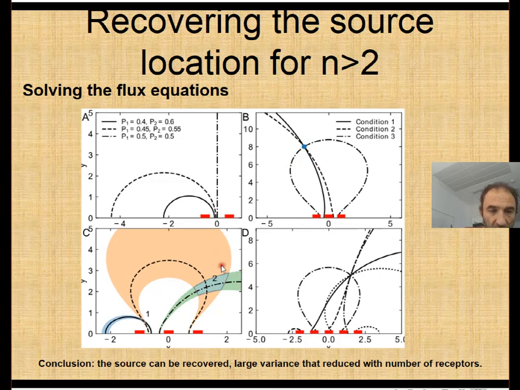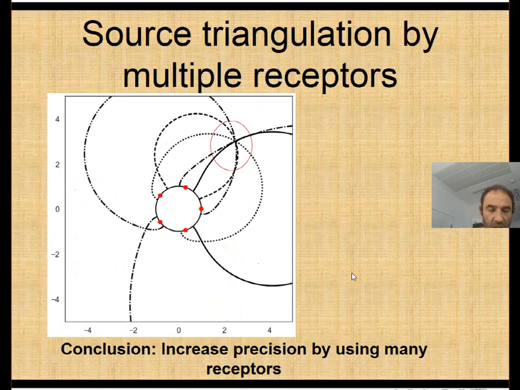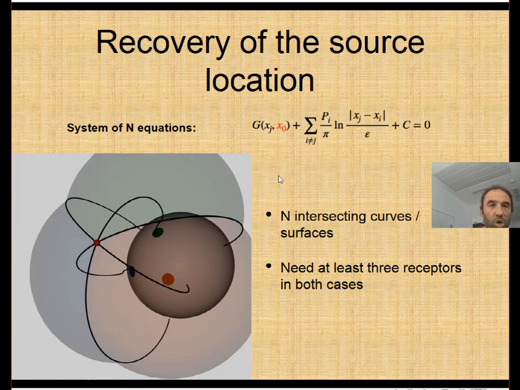This is what happens when you have some uncertainty. And this is what happens when you have multiple sources, where you gain in precision as you need to have this intersection of these different lines. And this is an example here where we have multiple of them. So then in dimension 3 you can recover the source location, and now you don't have the intersection of lines anymore but of surfaces, and you need at least 3 surfaces to intersect into 1 point, and that's why we need 3 receptors as discussed